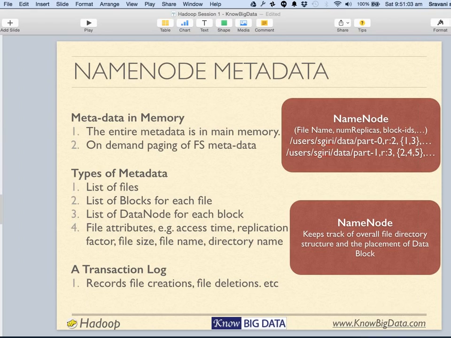Does the admin node check the heartbeat, or does the data node send it? Gunjan's question is, does the admin node check the heartbeat continuously, or does the data node send a signal to the admin node? The data node sends the signal continuously. Data nodes keep on sending heartbeats to the name node continuously.